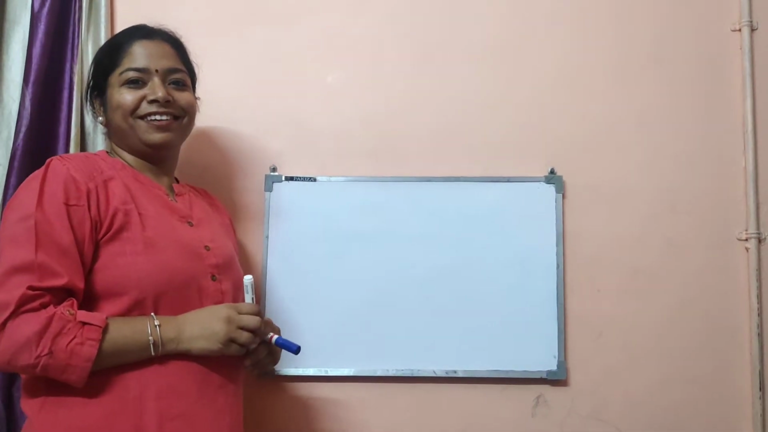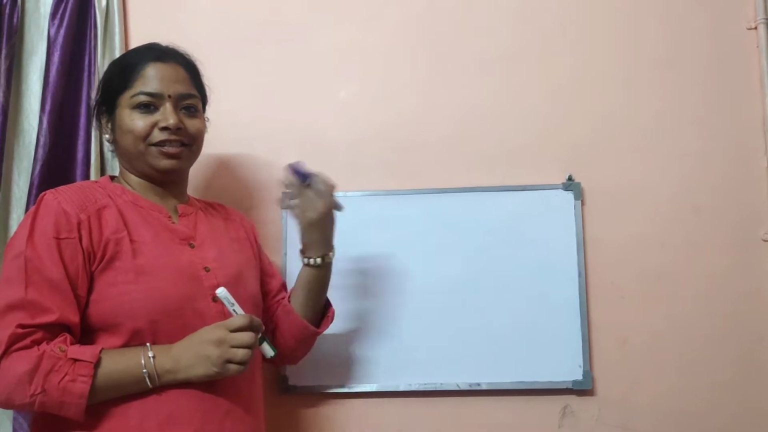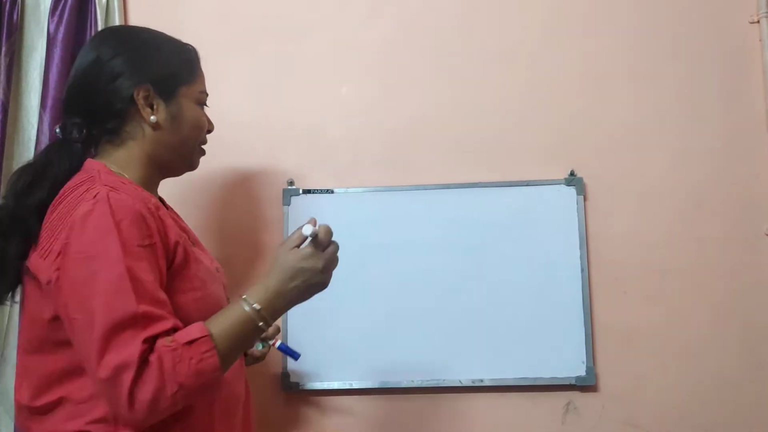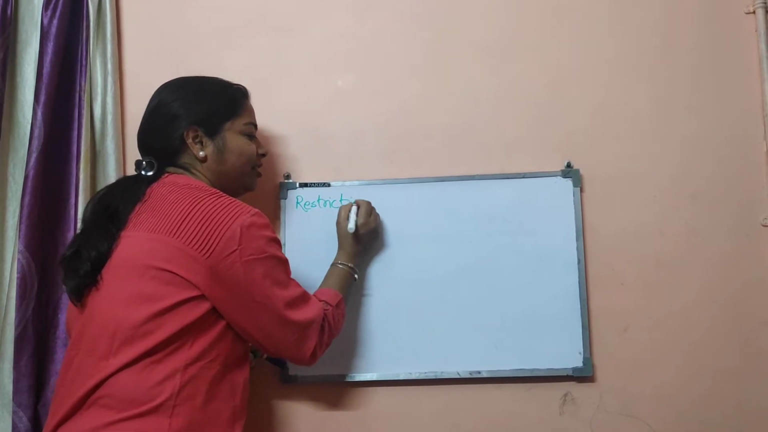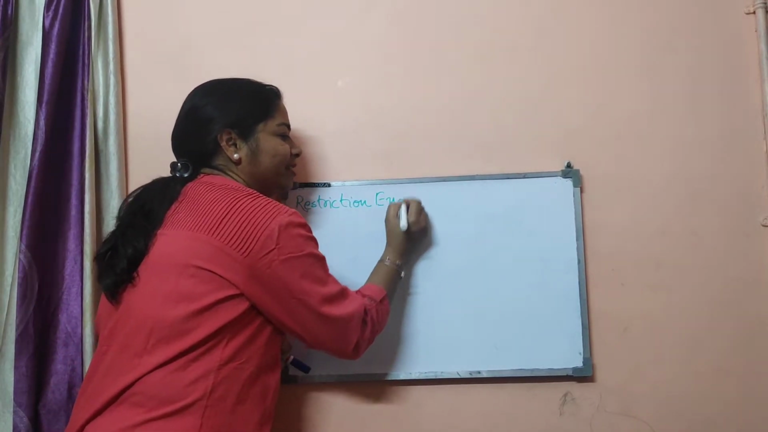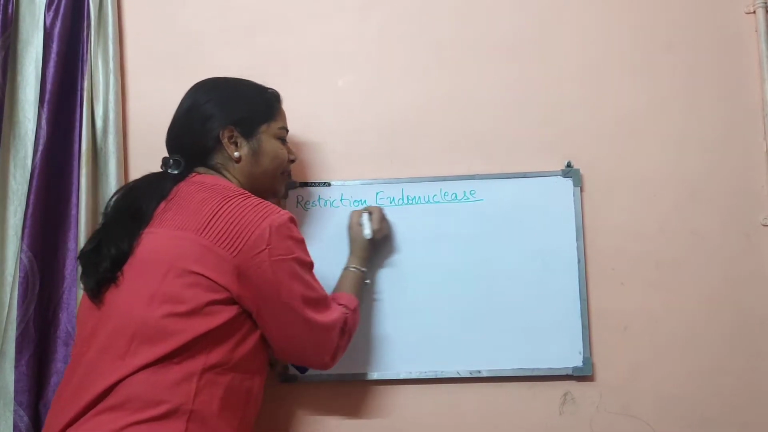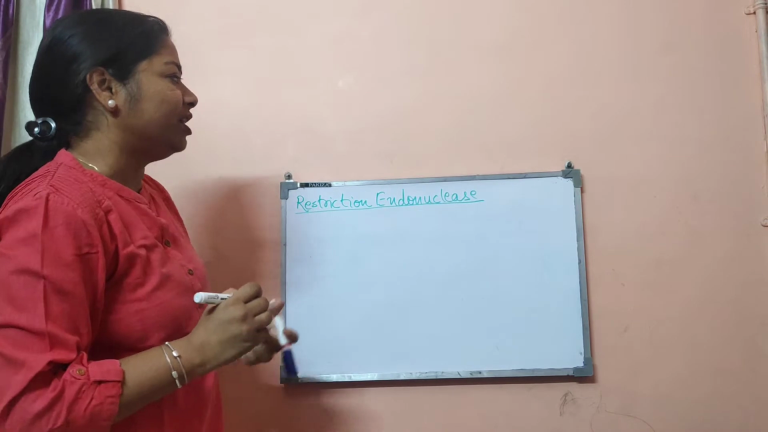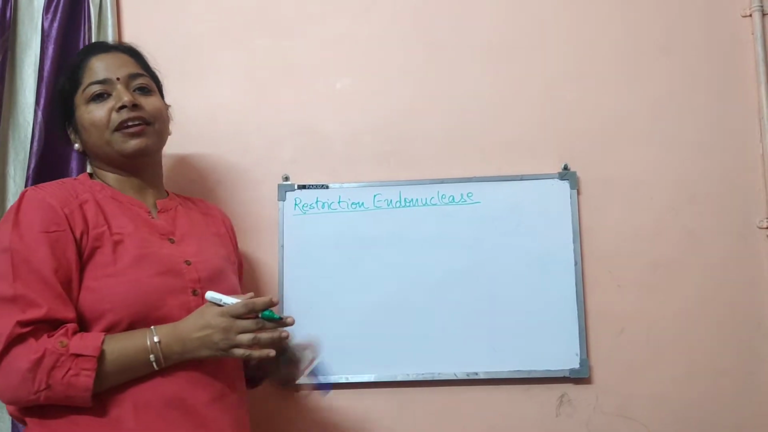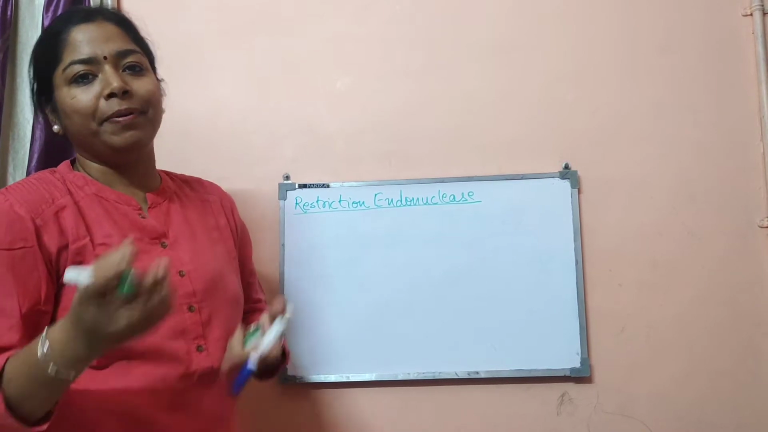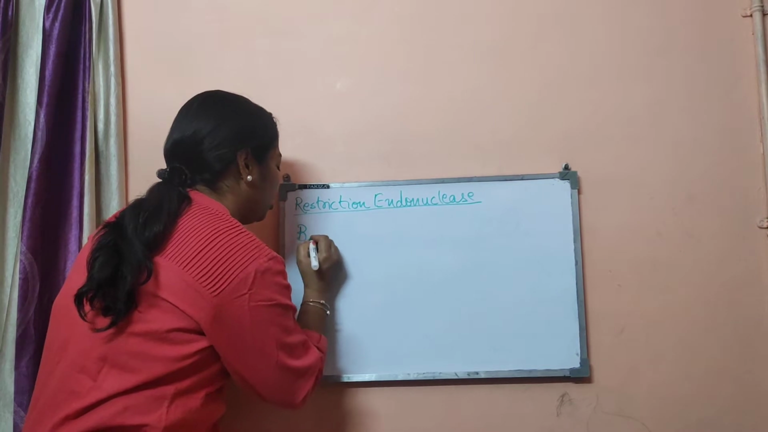Dear students, we are ready with the next lesson, next topic. Previously we had discussed the restriction endonucleases, and we came to know that there are two types of cleavages produced by the restriction endonucleases, known as the symmetrical cleavages or the blunt ends. So there is an example of